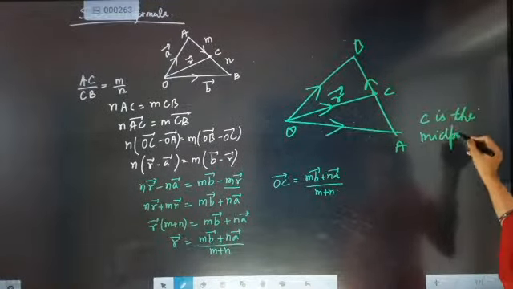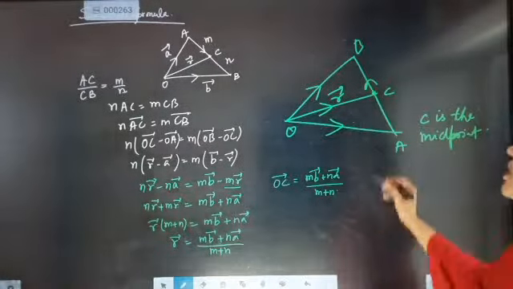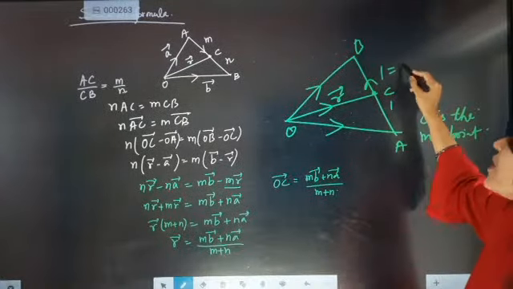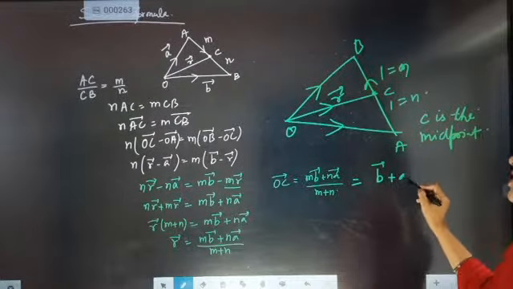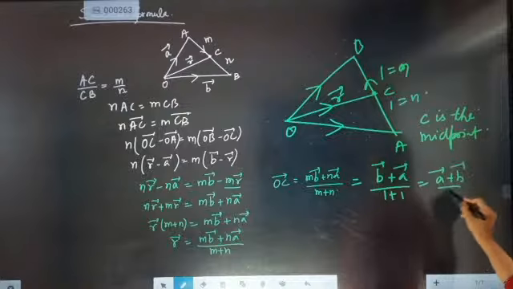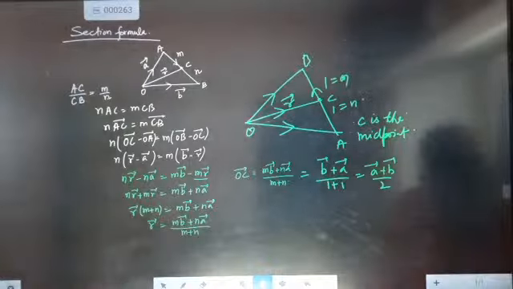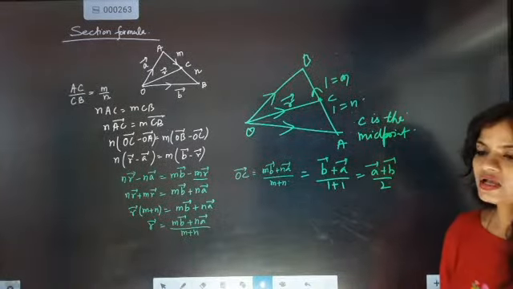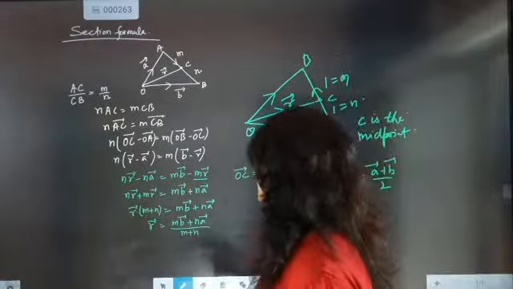So the moment C is the midpoint, the m:n ratio will become 1:1. The m part will become 1, the n part will become 1. So this will become B vector plus A vector by 1 plus 1. So it will become A vector plus B vector by 2. That's it. So at the time of midpoint, it will become like this. So only one simple part was there which you had to do. Now the next important section here